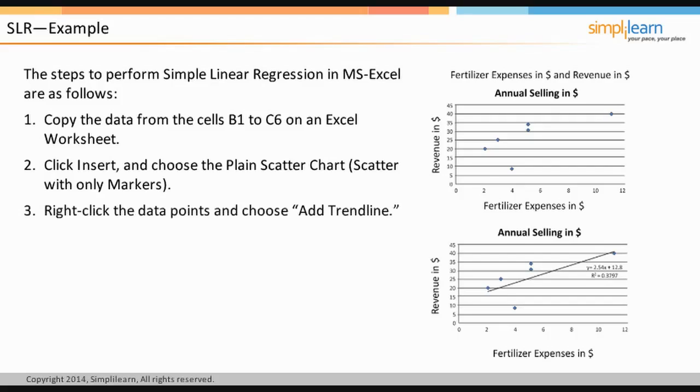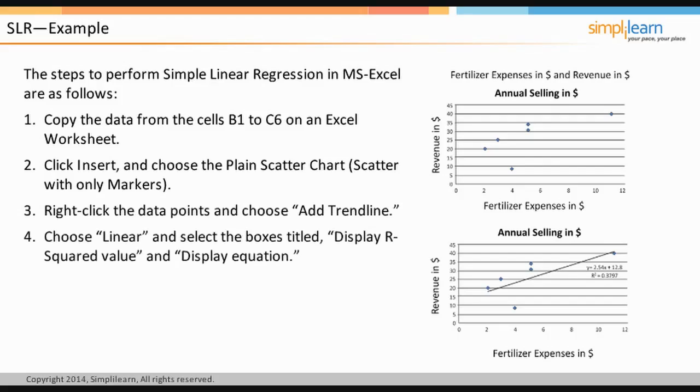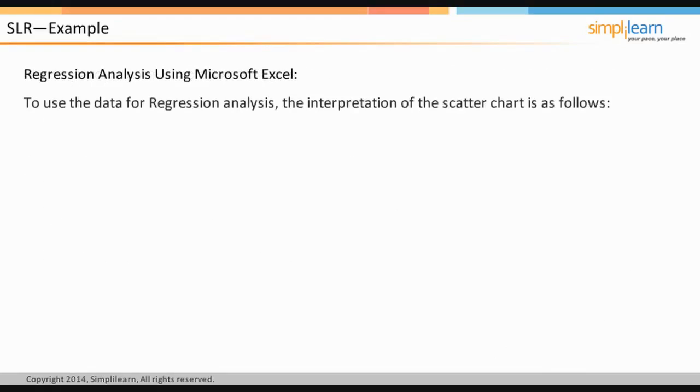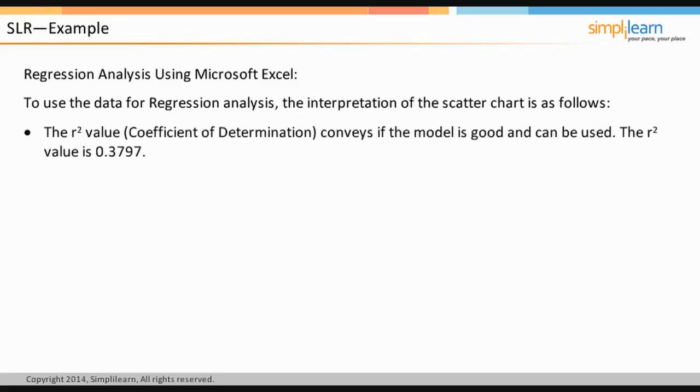Right-click on the data points in the scatter chart and choose the option Add Trend Line. Then choose the option Linear and select the boxes titled Display R-Squared Value and Display Equation. A linear line will appear which is called the best fit line or the least squares line. To use the data for regression analysis, the interpretation of the scatter chart is as follows. The R-square value, or the coefficient of determination, conveys if the model is good and can be used. The R-square value here is